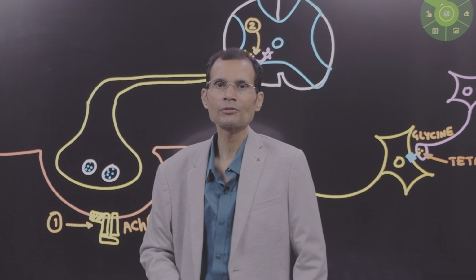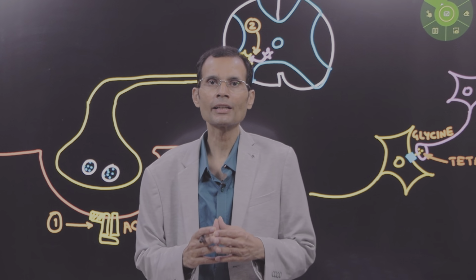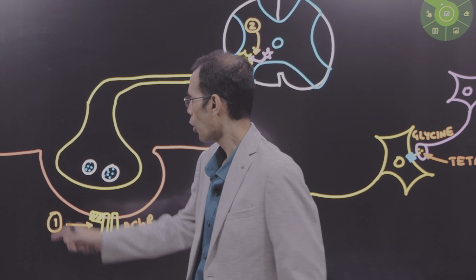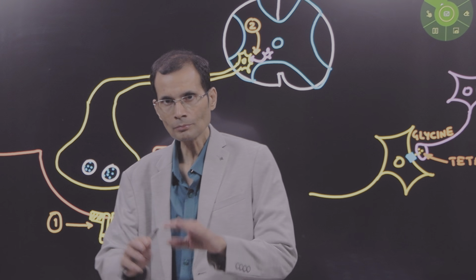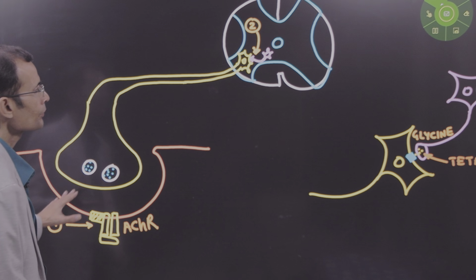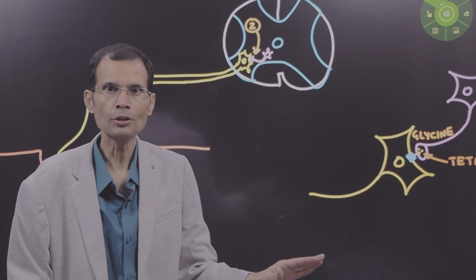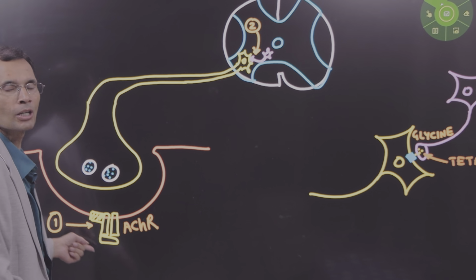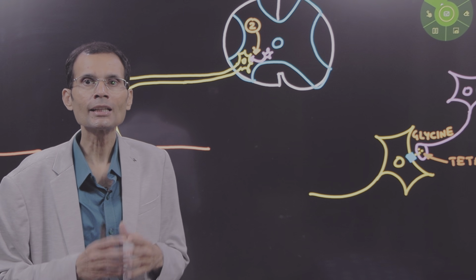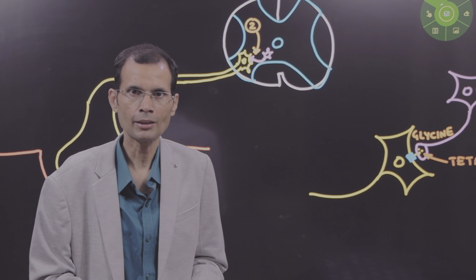So what will be the result? No transmission of impulse will be possible. This will result in paralysis of the muscle. So bungarotoxin and curare poison, or let's say D-tubocurarine as a drug, they both target the nicotinic acetylcholine receptor on the muscle membrane. So that's point number one. Of course, they are not interfering with SNARE proteins, so curare and bungarotoxin are ruled out. That leaves us with strychnine and tetanus toxin.